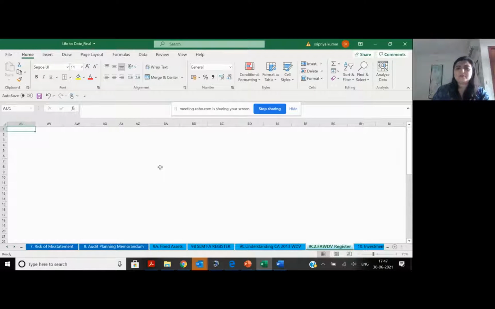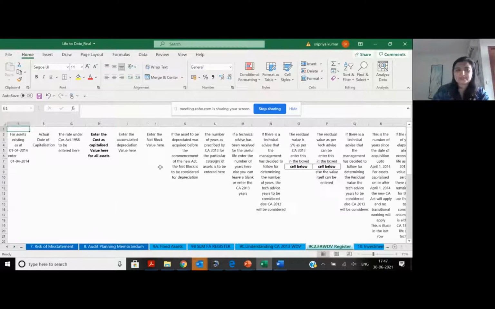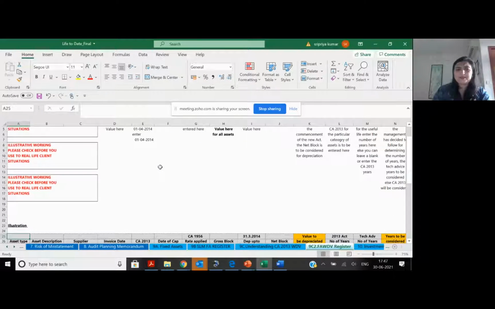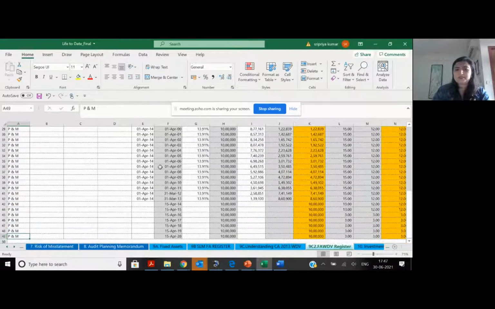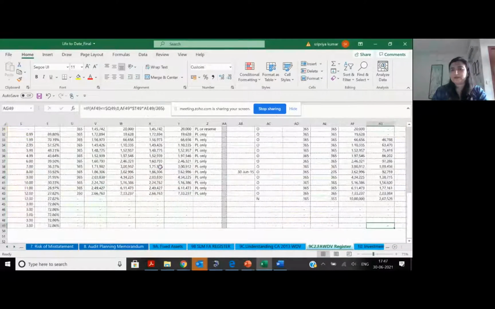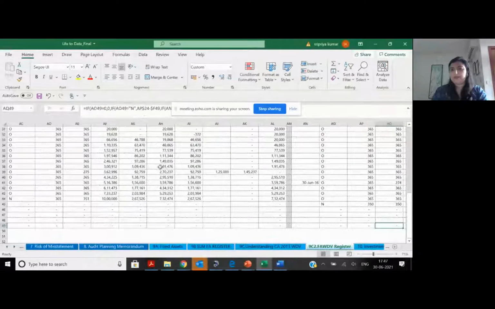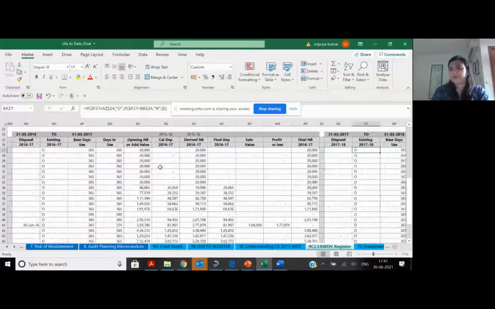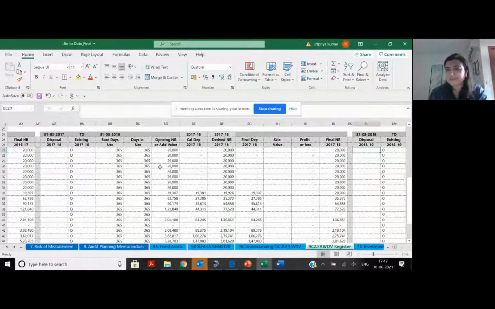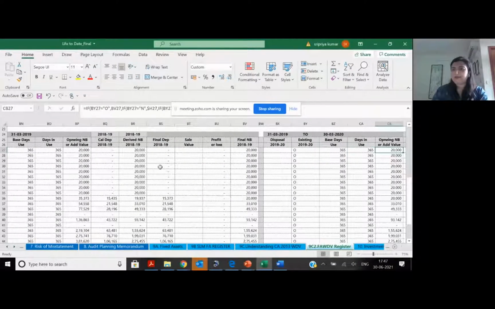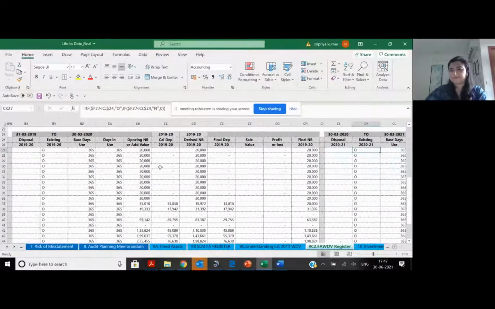Of course, most of us are capable of building it ourselves. This is just a template I have given. I had built across the years to see how much that value should be as of our current year. I had also built out the disposals, etc. So you can just play with it. It's just a very complex Excel template which actually worked. It's very easy to understand. You'll be able to crack this.